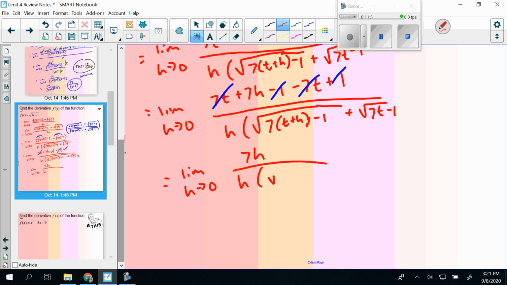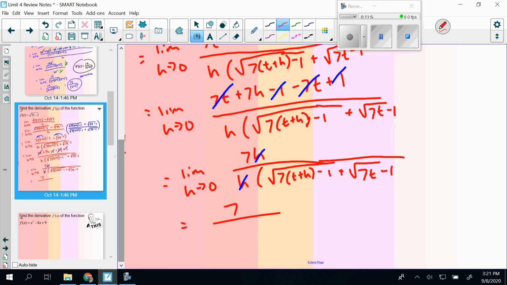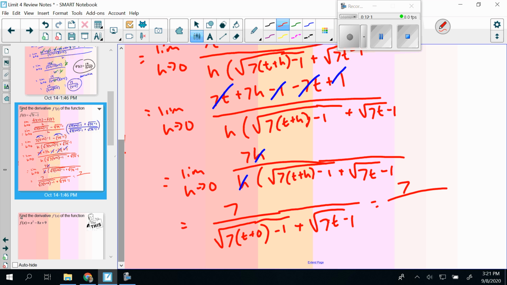And what we can further simplify here is canceling out that h. And so now we don't have that division by 0. We should be able to plug in 0 for the remaining h's, which is just going to give us 7 on top. On bottom here, we got the square root of 7t plus 0 minus 1. And so that's going to simplify to just 7 over square root of 7t minus 1 plus another square root